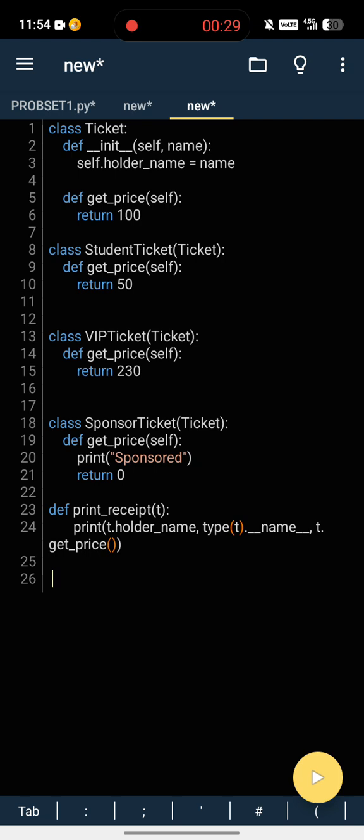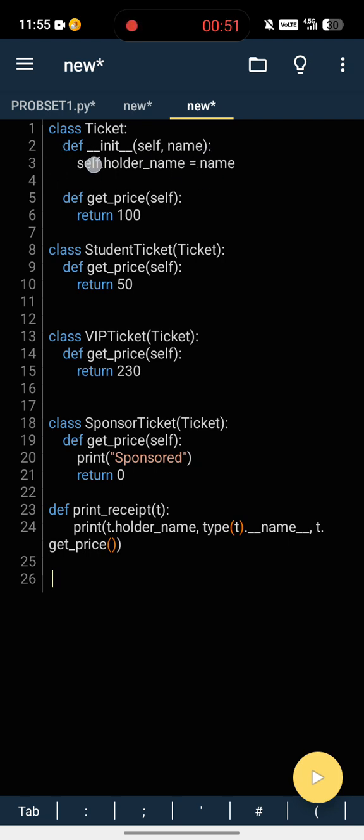This program is called the IT Day 2026 ticketing system. In this program, I created the parent class, which I called Ticket.